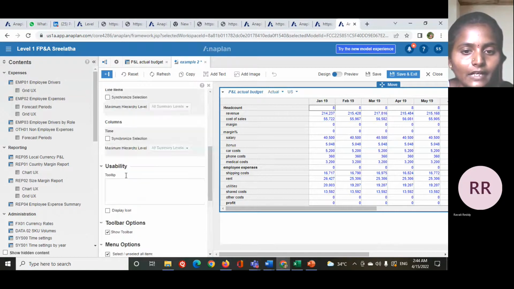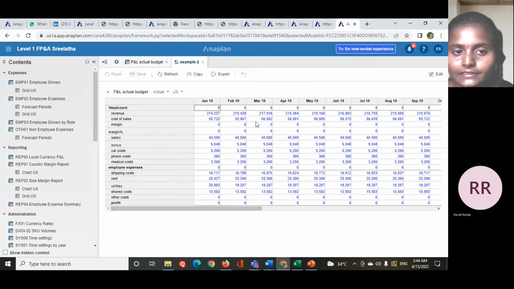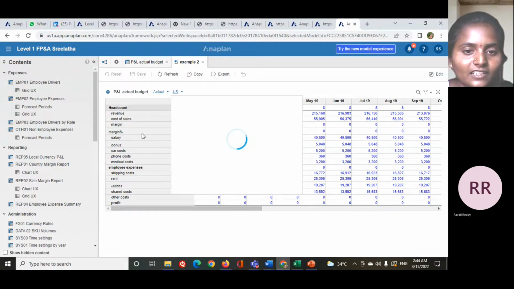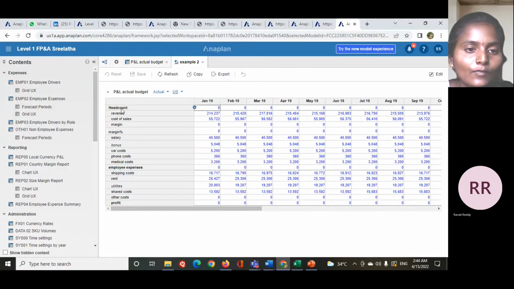This is the way this will work. Then save and exit, click on save and exit. Then this is how it appears. Then I have selected the page selector, so we have the options for selecting. And I have selected visualizing the module name, so this also appears. Then after creating the module,